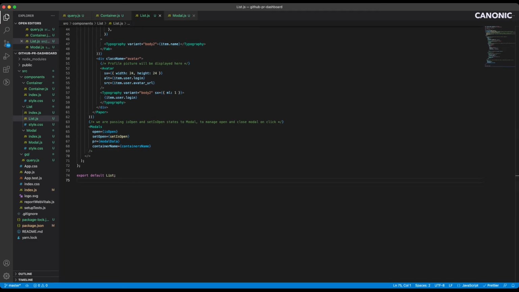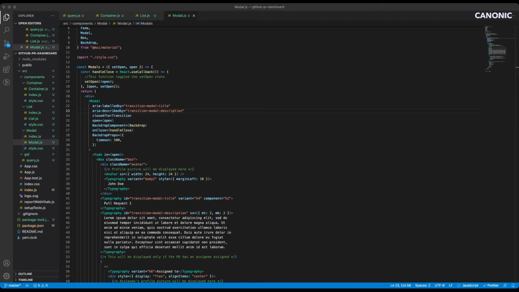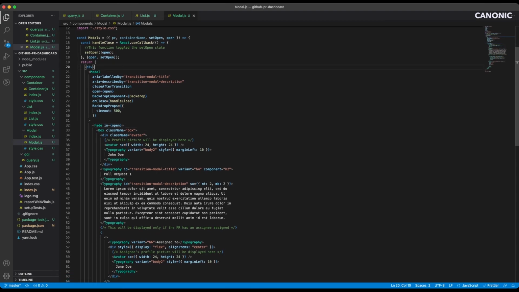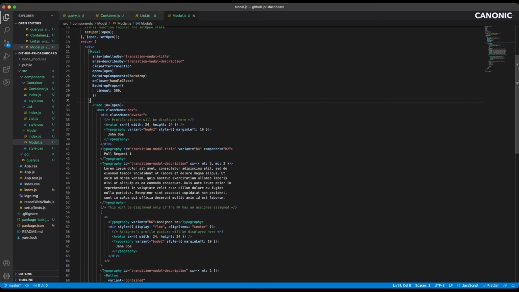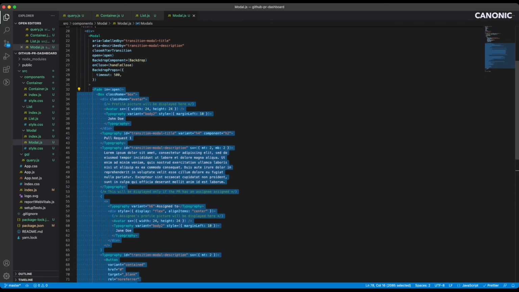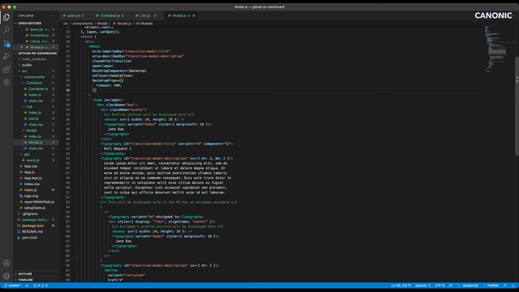If we head to our modal component now, we can add both of these as new parameters that are coming in. In the function code, this is the component that's showing up inside the modal component, that's a Material UI component.